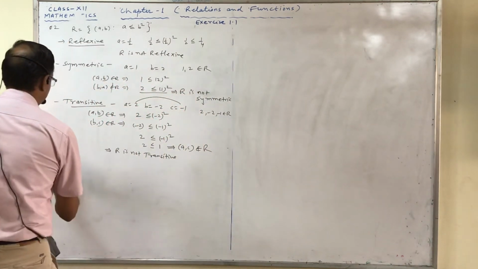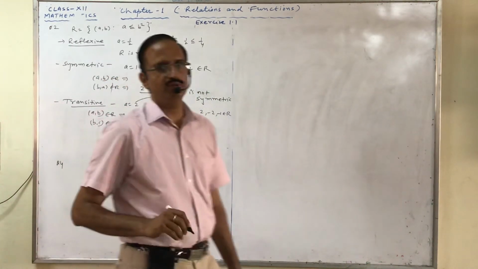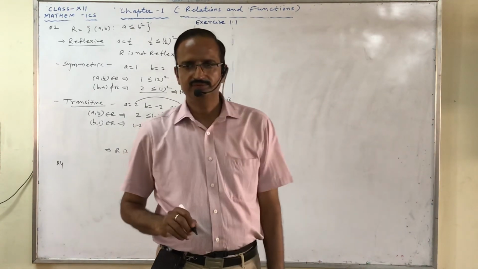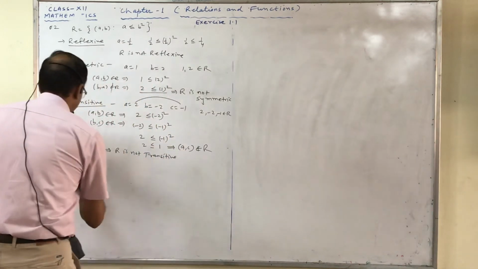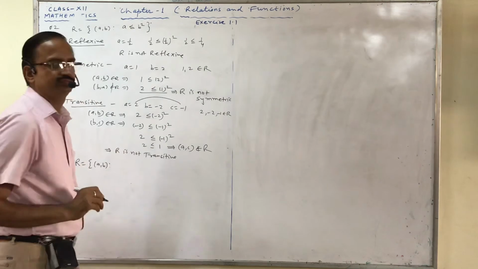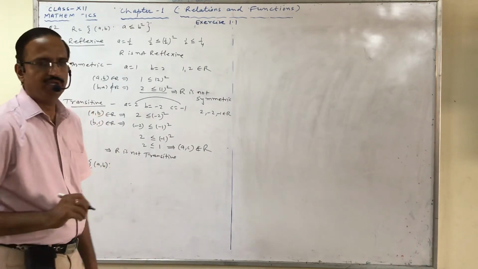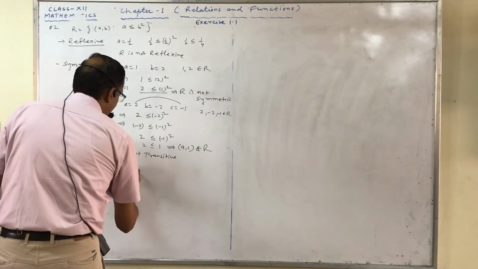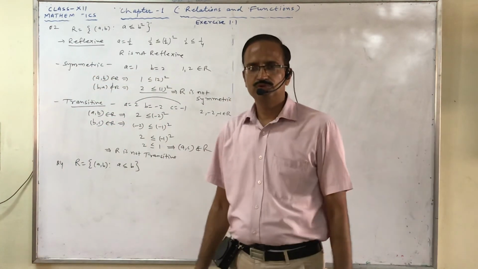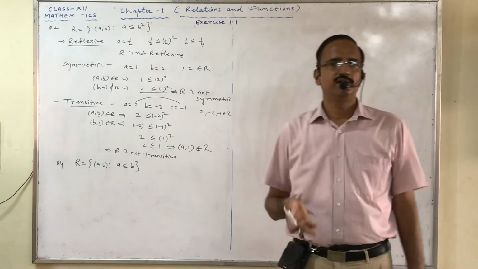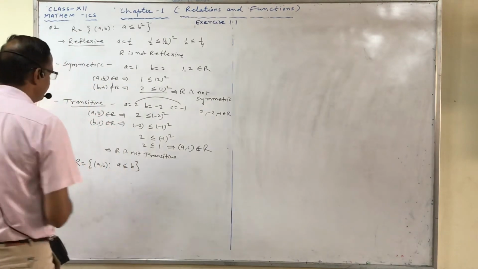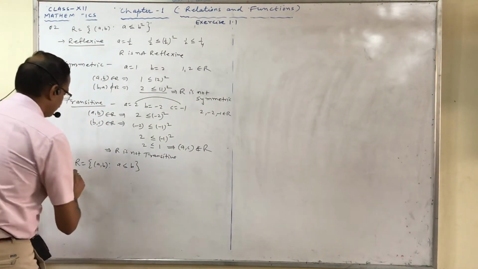Now, come to question number 4. In question number 4, R is a relation in real numbers, and the relation is (a, b) where a is less than or equal to b. To show that this relation is reflexive and transitive but not symmetric. Very simple. When I am taking